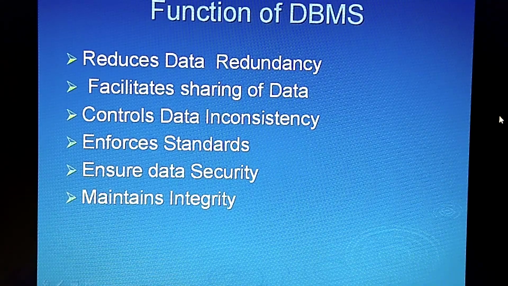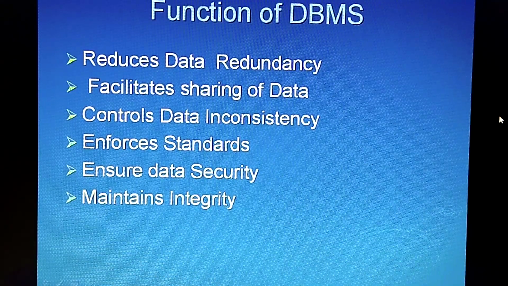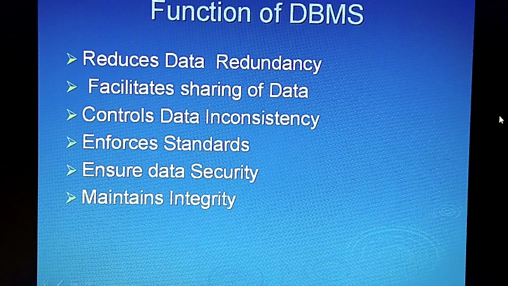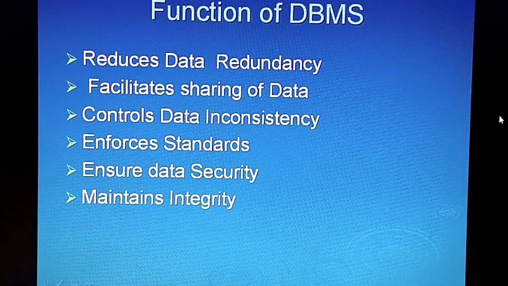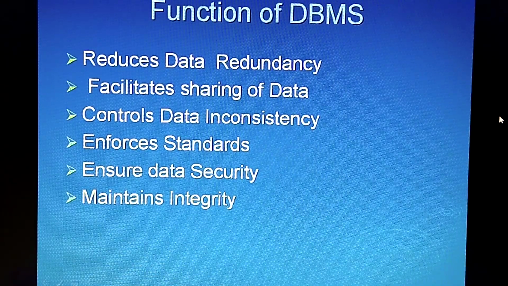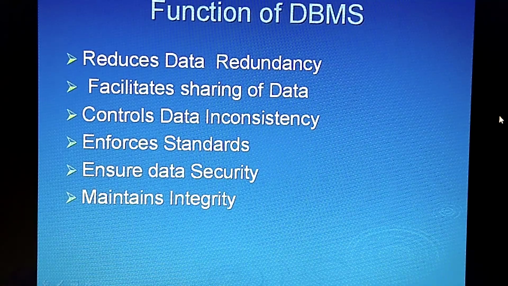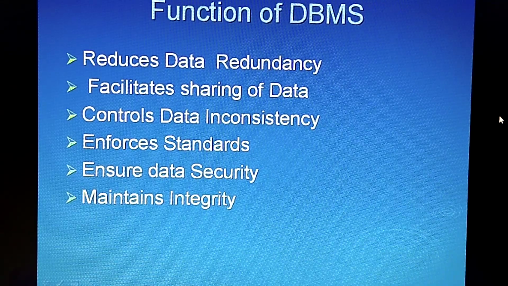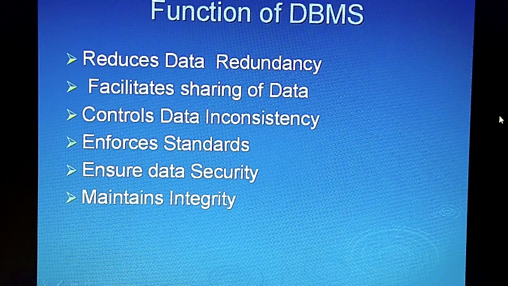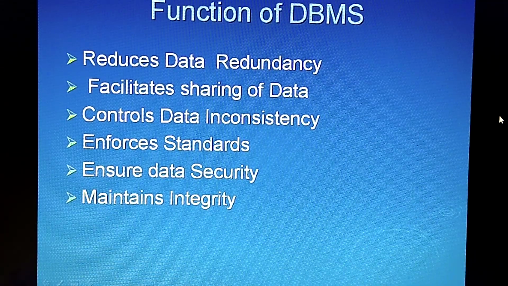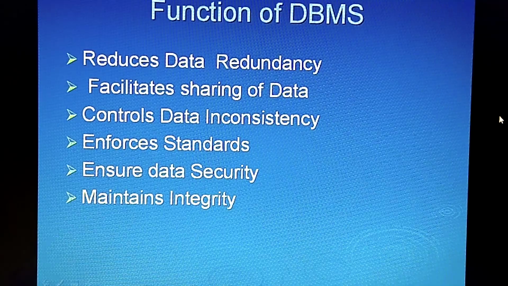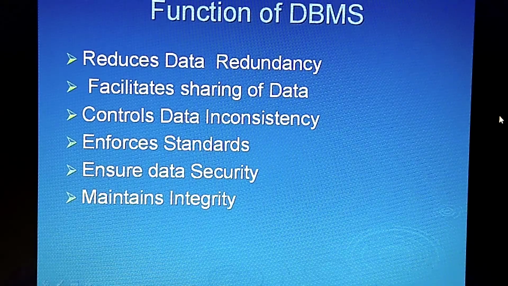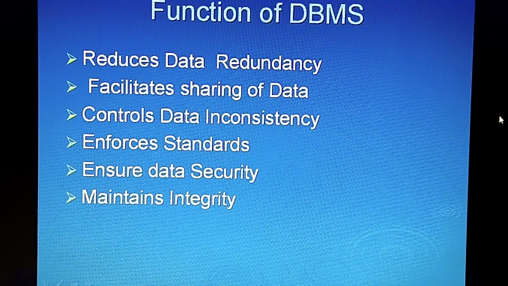You are the same person. Suppose you are the roll number 5. In office your address is one. In the class teacher your address is another one. But here what happens? In the DBMS, the change in any one file is automatically updated in all the related files. So what is going to happen? The related files are going to be updated automatically. Means if the database table which is there in the office has been changed, the related file which is there with the class teacher is going to be automatically updated over there.